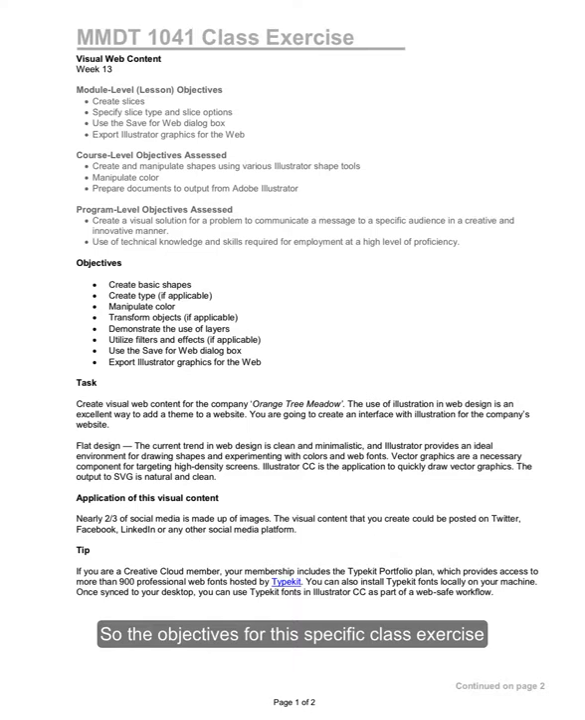So the objectives for this specific class exercise start to combine some objectives from past lessons. Things such as creating basic shapes, potentially creating type, manipulating color, transforming objects, demonstrating the use of layers professionally, utilize filters and effects if this applies, and then use the Save for Web dialog box and export your Illustrator graphics